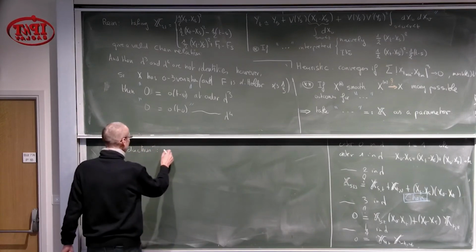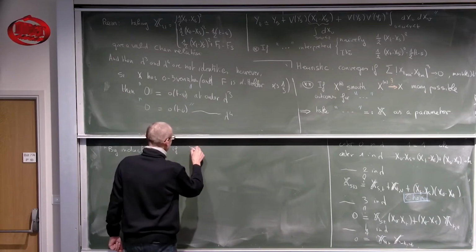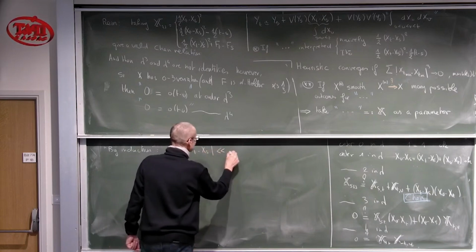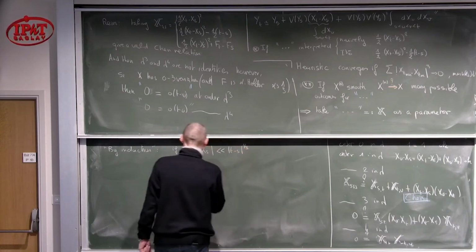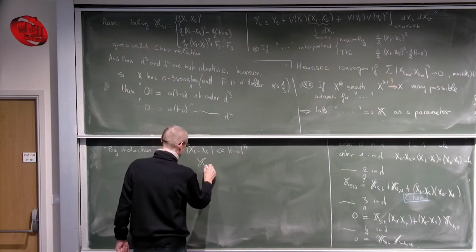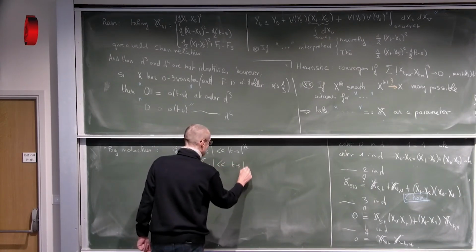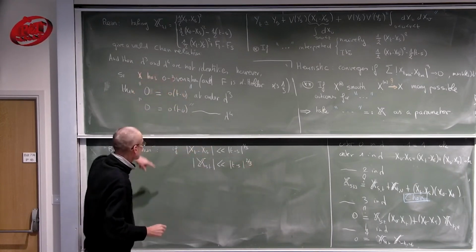Well, what you can observe is that if x_t minus x_s is much less than (t minus s) to the 1/3, and the double integral x_{s,t} in absolute value is much less than (t minus s) to the 2/3, which are essentially conditions that are met by the examples, then